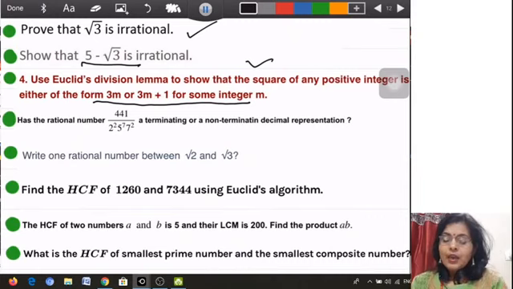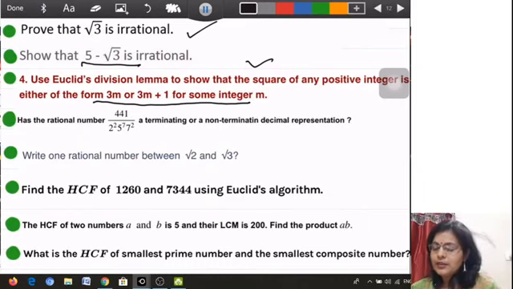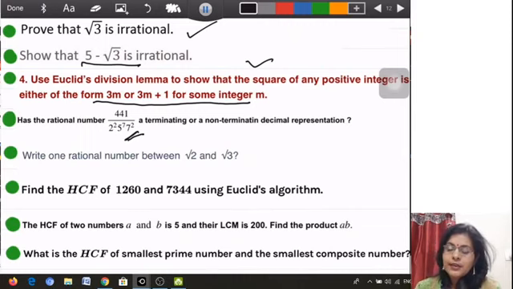If it was a cube, we could have taken b as 3, but now we have to take b equal to 3. Now the next question is: has the rational number 441 upon 2 square 5 to the power 7 square a terminating or a non-terminating decimal expansion? You can very well see that this number has 7 in the denominator, and this 7 is not divisible with 441. So what will we write here? We have to first see whether it is divisible or not divisible.